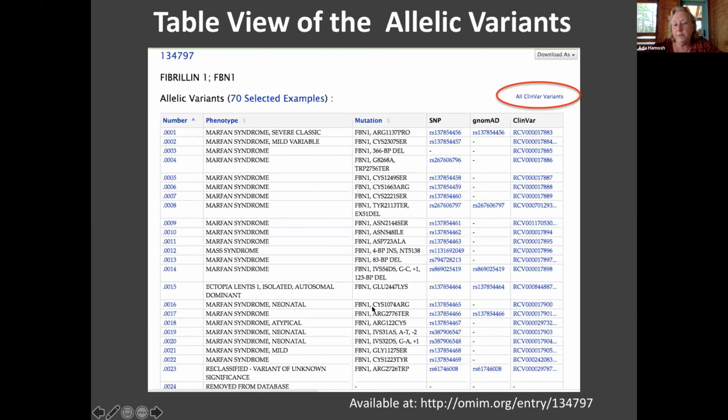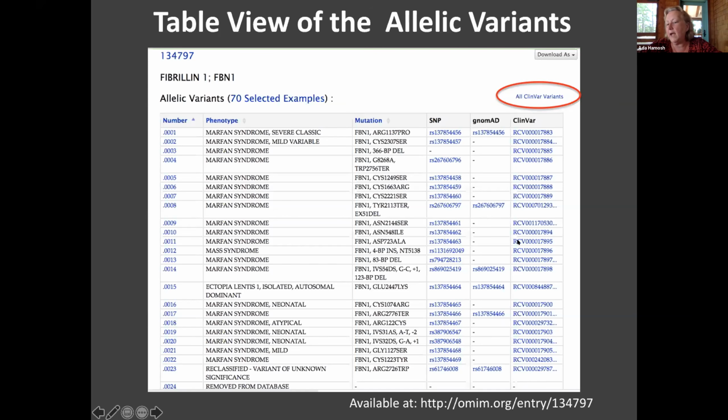the mutation, and the mutation is in MIM format, which is not up to date with HGVS, but we cannot be changing these. We have such a tiny staff, we've got too much work to do. So if you want to see every correct possible HGVS nomenclature for that variant, you click here. I don't have it here to click onto, but it takes you to an Ensembl page that shows literally every HGVS permutation of correct naming for that variant. If it's in gnomAD, it'll be in the next column here.